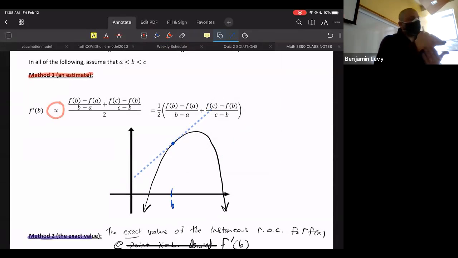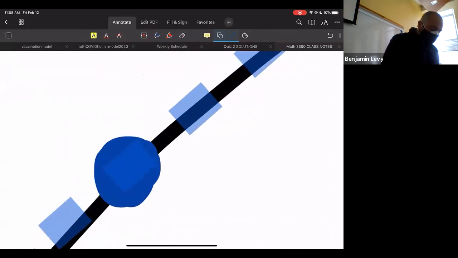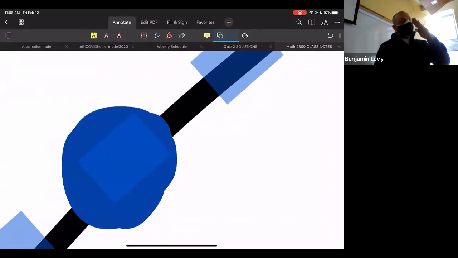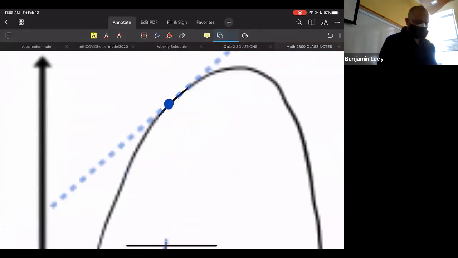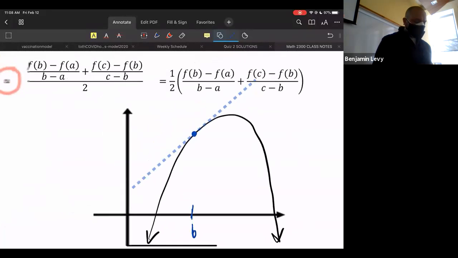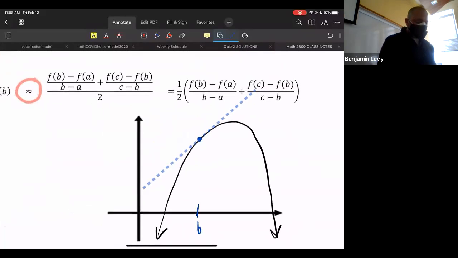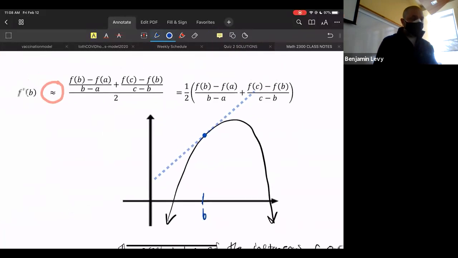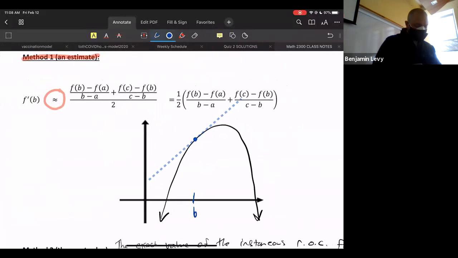Sorry, we don't want that line. We want the slope of that line because if you remember, if we zoom really, really close to the function, that's what's going on right at that function. It's telling us how it's increasing or decreasing. Okay, so we want the blue line, the slope of the blue line. And so what this method is saying is we can think of a couple points near B, right? We care about the point B, but we can look at a couple places near B